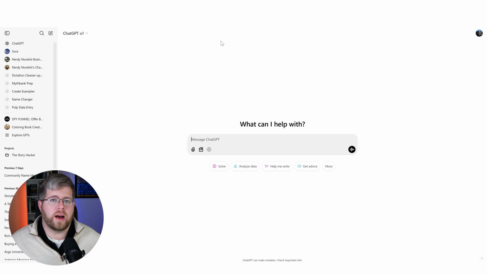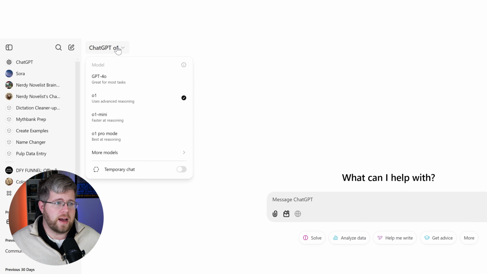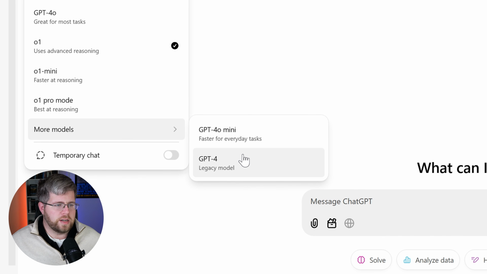ChatGPT is the chatbot that houses the GPT models from OpenAI. So if you go up here at the top, you can see that you've got your different models right here. It doesn't have all of the models that GPT has ever produced, but it does have the ones you're most likely to need, including GPT-4o. This is the most recent one with the creative writing update, which is one I recommend in most cases. But they also have o1, which is a highly useful tool as well for any kind of advanced reasoning that you might need. And it's so far the best model that we have for editing. You also have a couple of older models here as well.